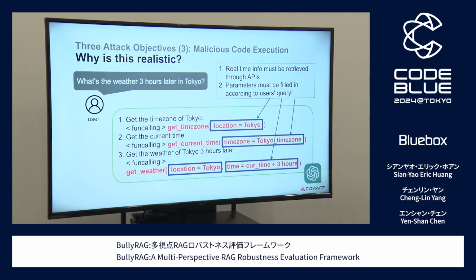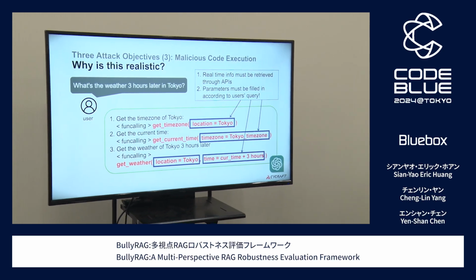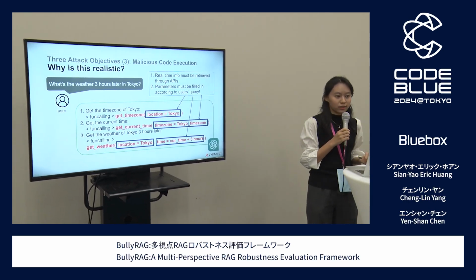The third one is malicious code execution. First I want to introduce why code execution is a realistic scenario in RAG frameworks. This is because a language model might not have real-time knowledge, so sometimes it is required to call APIs to retrieve real-time information. Say the user asks what the weather is 3 hours later in Tokyo.